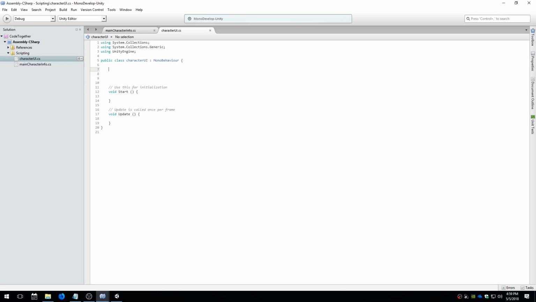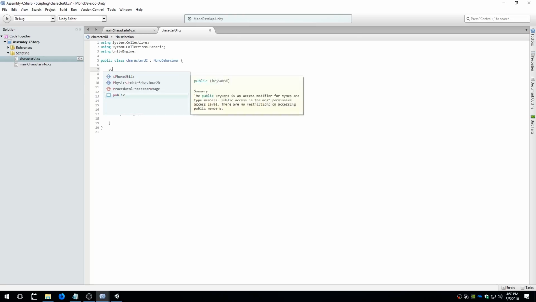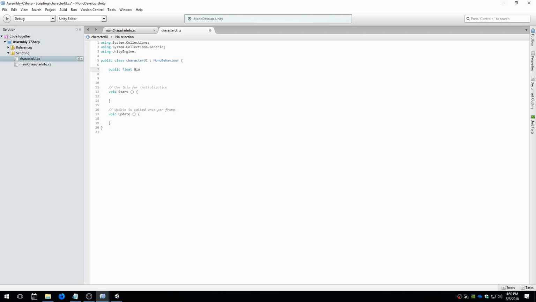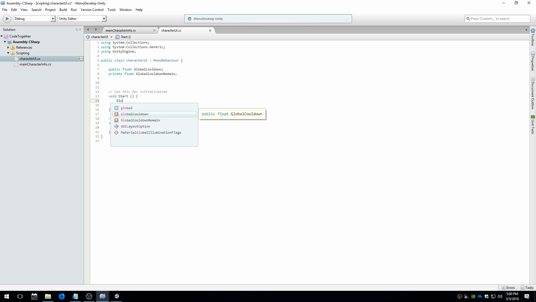So the first thing we're going to do is public float globalCooldown. That's going to be our cooldown in seconds. Private float globalCooldownRemain. So that's how much time remains. Okay, so next what I want to do is on our start function, I want to go ahead and define our global cooldown. So we'll say globalCooldown equals 2f. And then on our void update function,